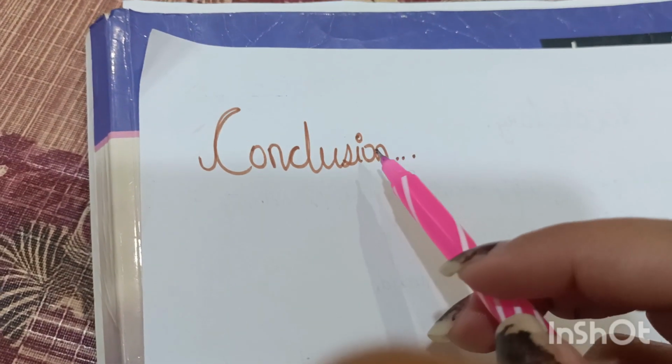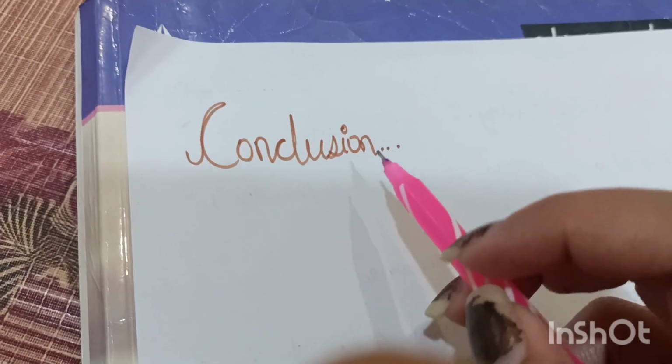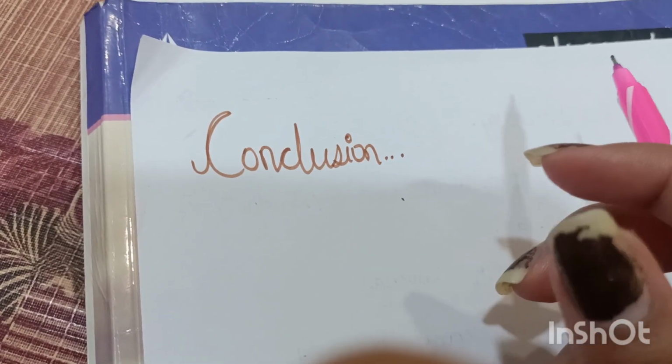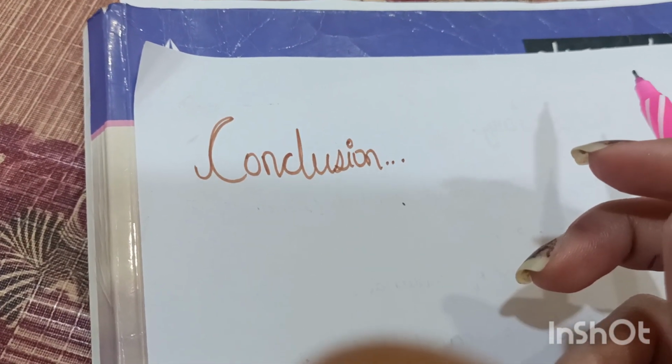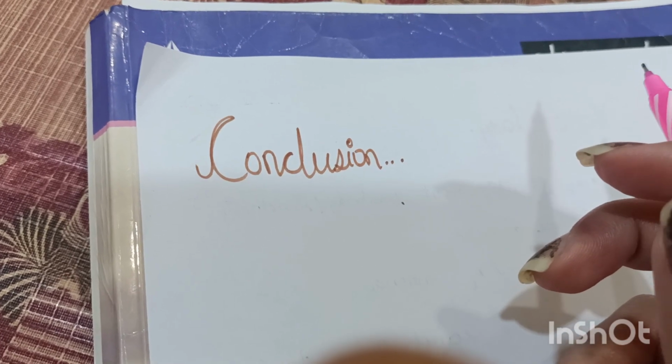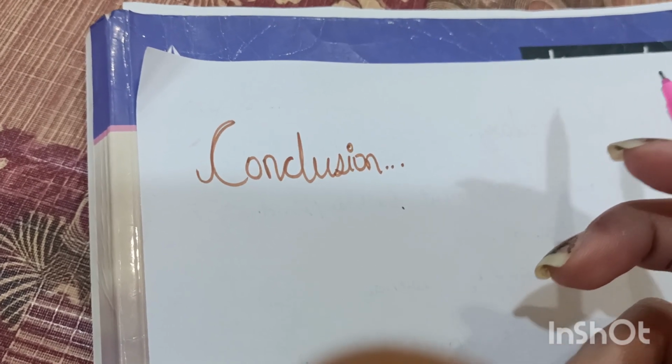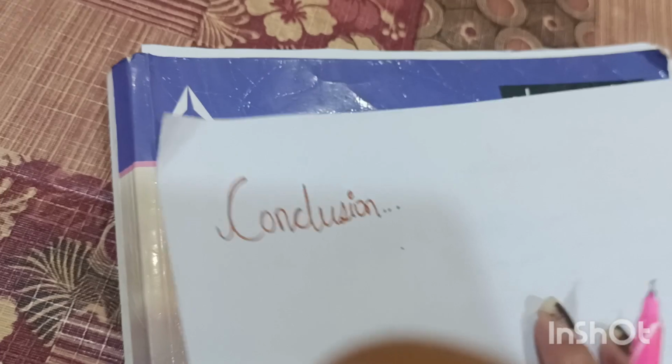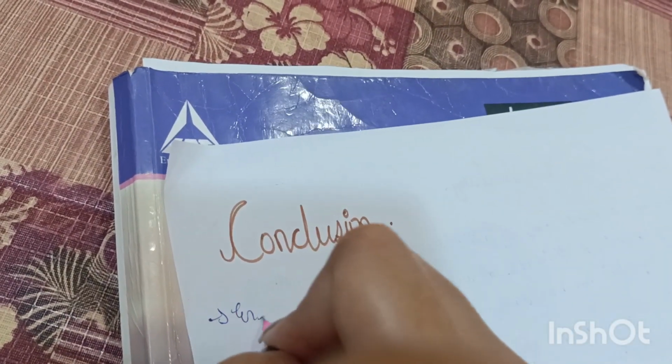Hello everyone, today we will be starting conclusion. So let's understand what is conclusion of the passage. So you can see that conclusion of the passage is the end result of the passage, or you can say it is the reason why the author has done some argument in the passage. Okay, so you can write it as end result,